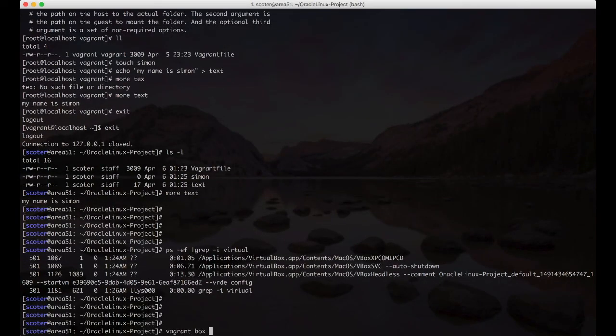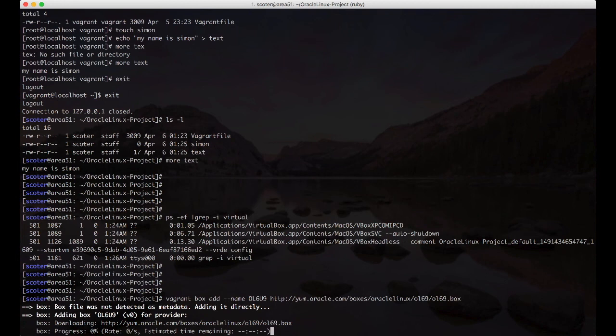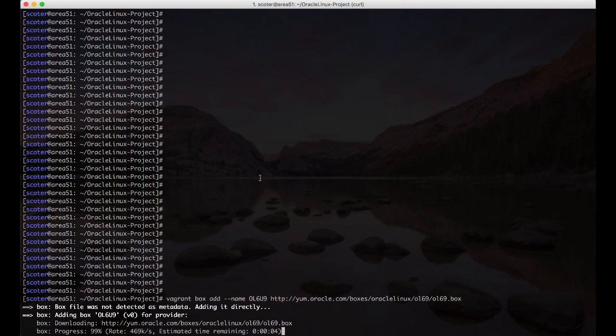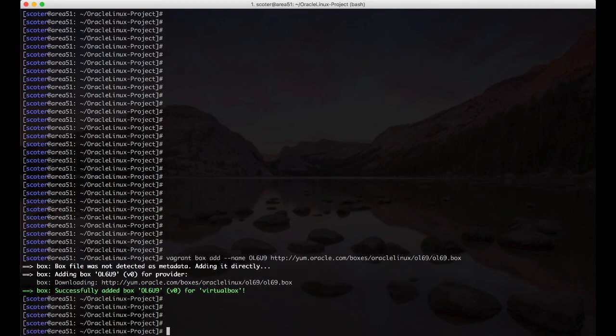Now, on the same Vagrant project, we can also add further boxes or machines. For example, I can add an Oracle Linux 6 machine by downloading another box from yum.oracle.com. And this is an Oracle Linux 6 Update 9 box. Once the download is complete, if I try to start or initialize the second machine, the Oracle Linux 6, I